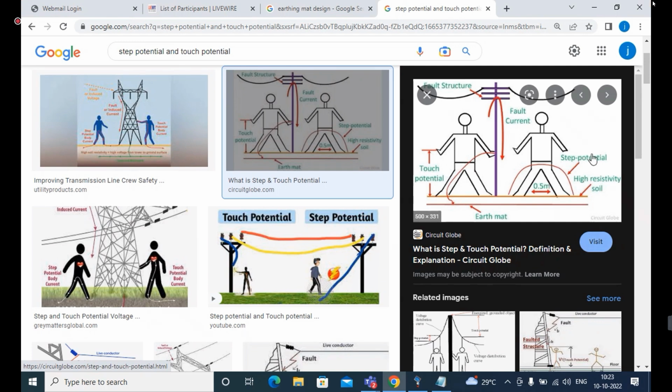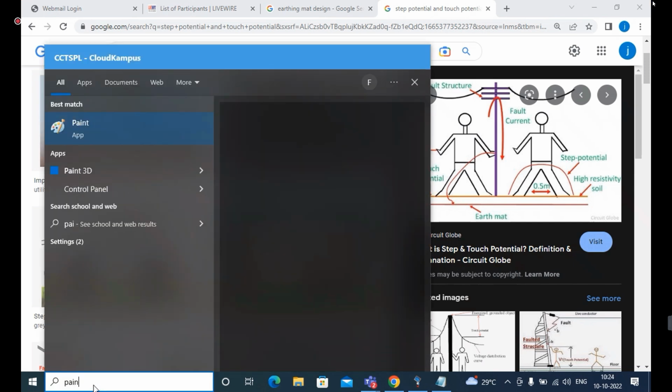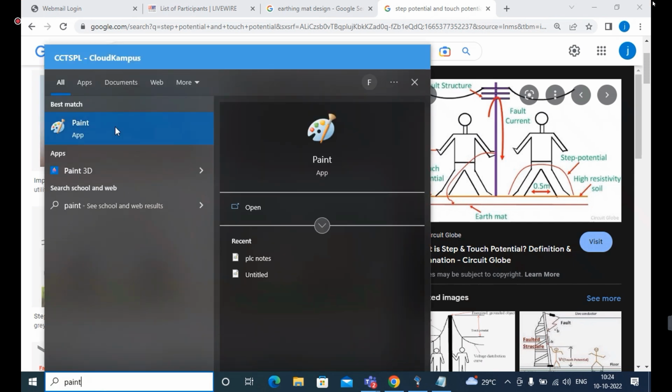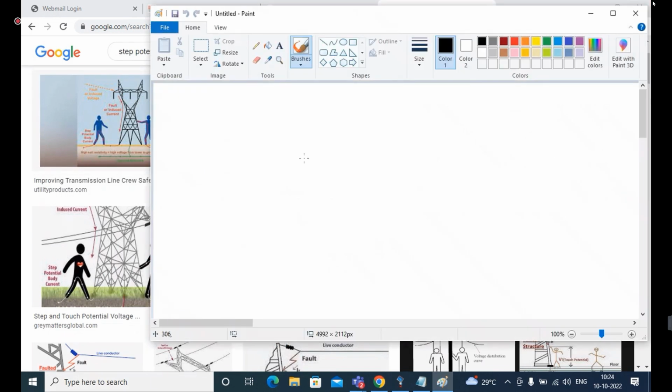Just consider, normally in the transmission lines birds sit on the lines, right? But at that time it won't feel shock. Why? Because, just consider, this is my transmission line.